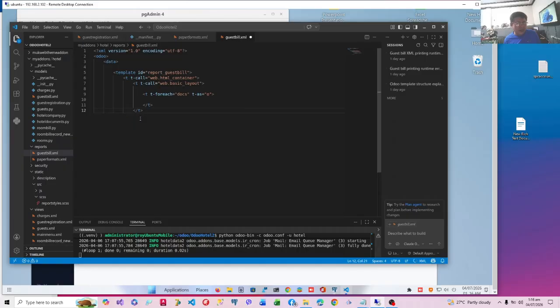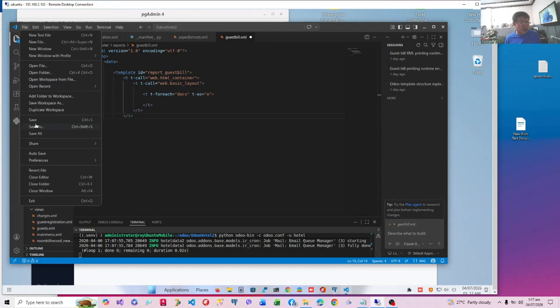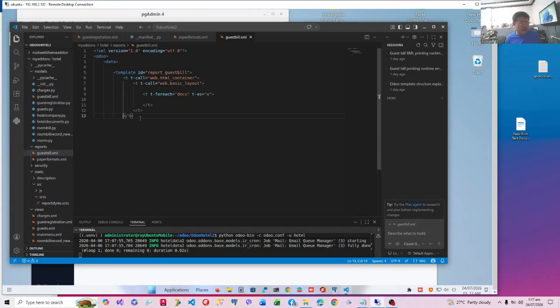And then if you have a template, sorry, what happened to that? These are suggestions from GitHub, but anyway, we have to accept them. Let's just tab. How many t's do we have? We'll have three t's. Let's save this. And then since we have a template tag, we'll also end it with a template tag.